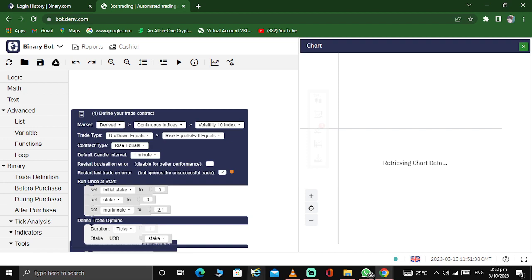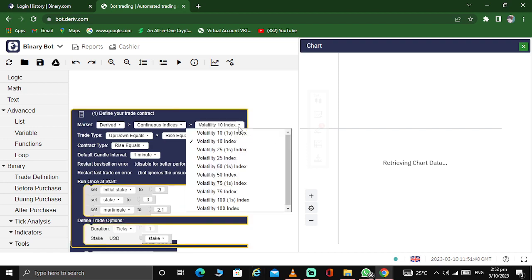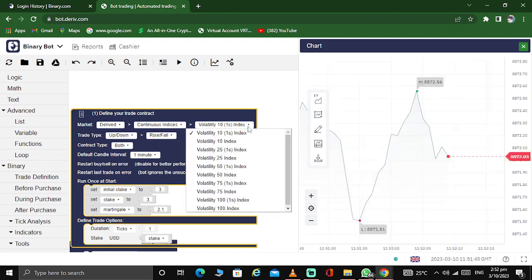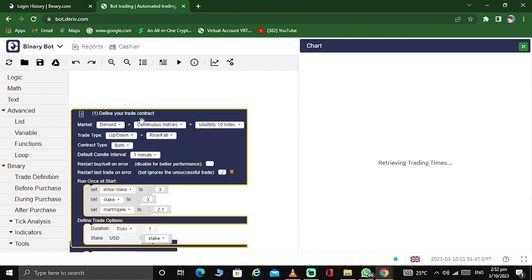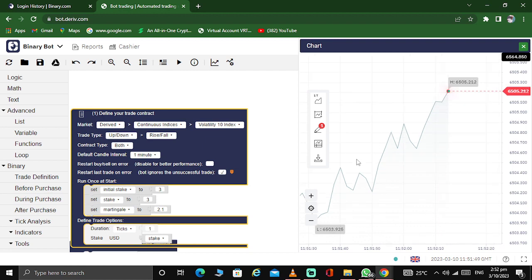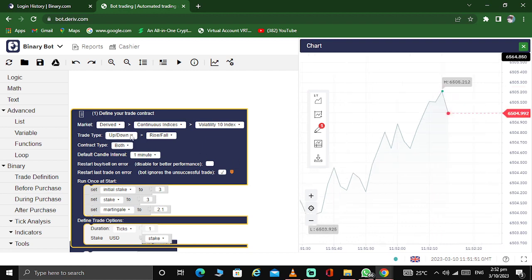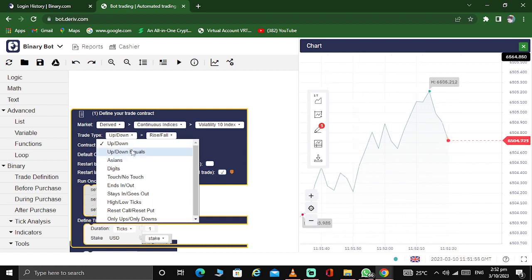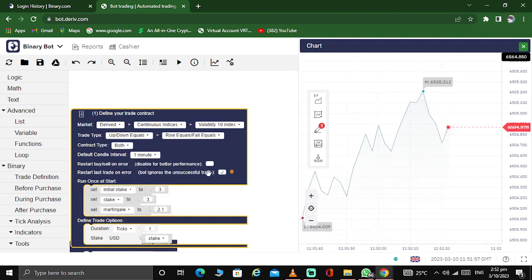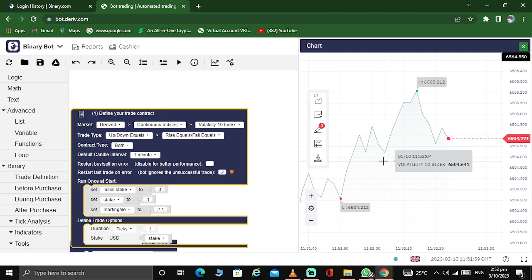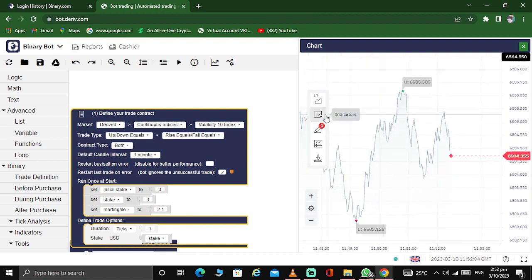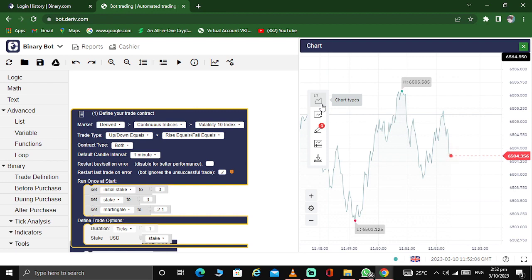If the graph is refusing to open, like right now, you can just try to change the volatility. The graph will come back to open. Just try to change the volatility, then come back to your trade type. So we need to consider the graph. You need to ensure that the graph is still open, so that you can note when there is a change